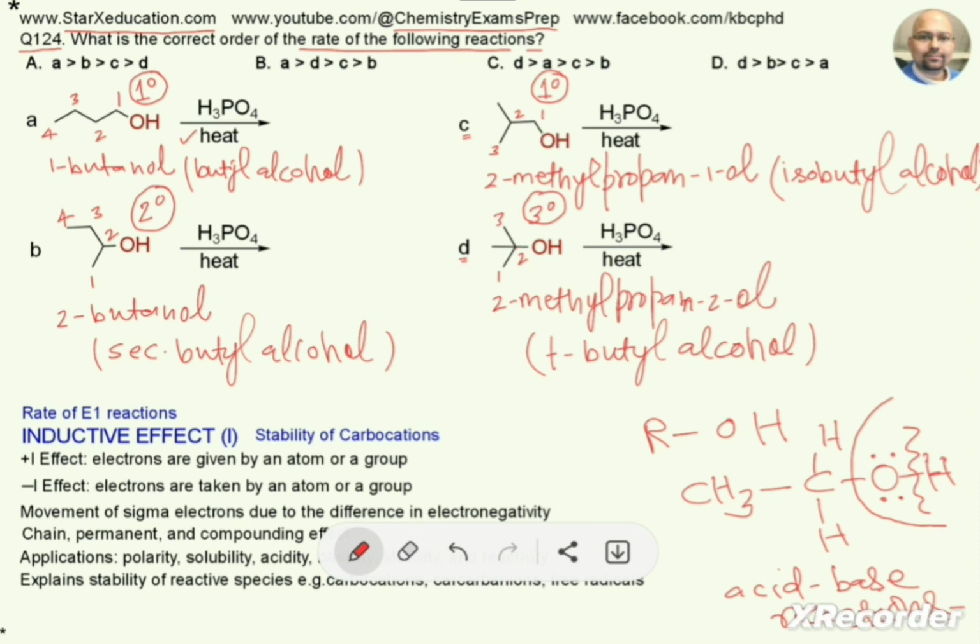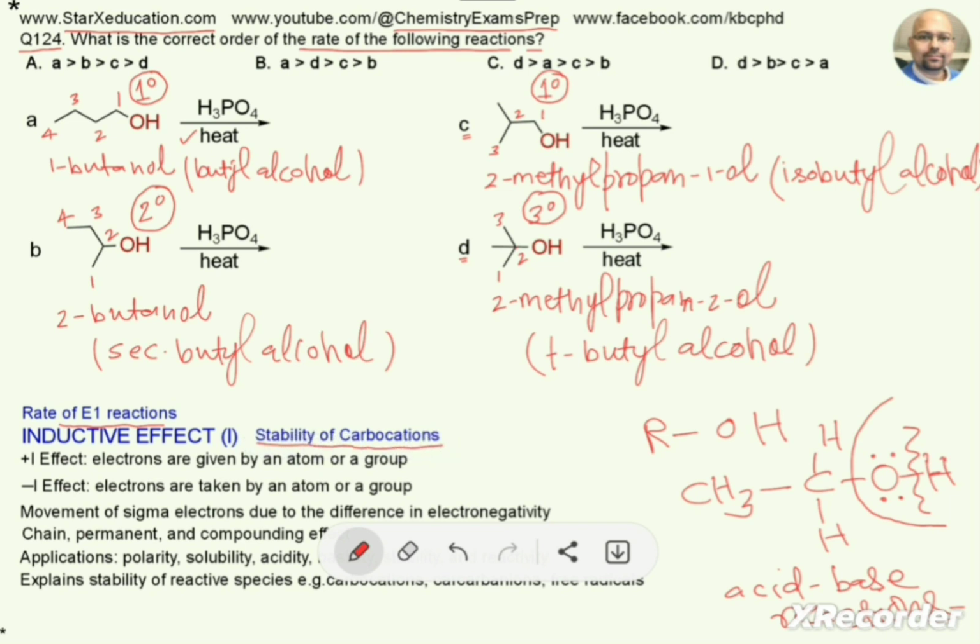And to do the dehydration reaction, we know that the H2O must leave from the alcohol to form an alkene, but the OH is actually a very poor leaving group. Therefore, first the OH gets protonated by the mineral acid phosphoric acid, and then carbocation forms as H2O is a good leaving group. So basically this question becomes the rate of elimination reactions of first order and the stability of